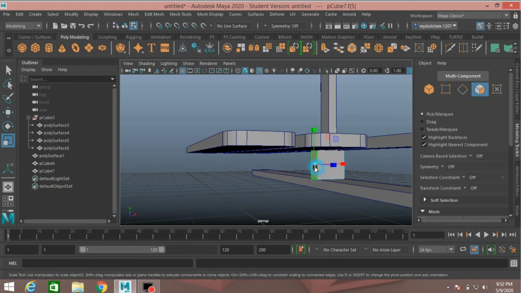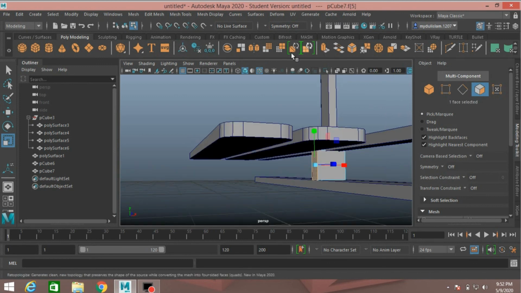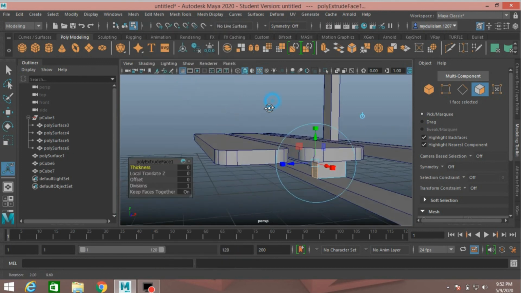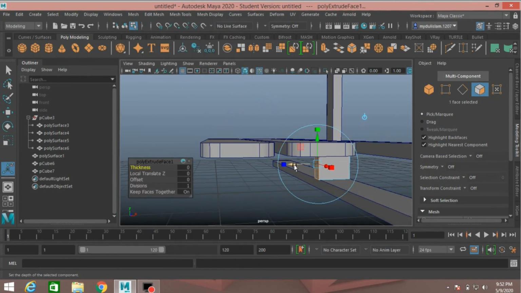Go to shaded mode. Face selection mode, select this face. Go to edit mesh, click extrude or press Ctrl plus E and move it here.